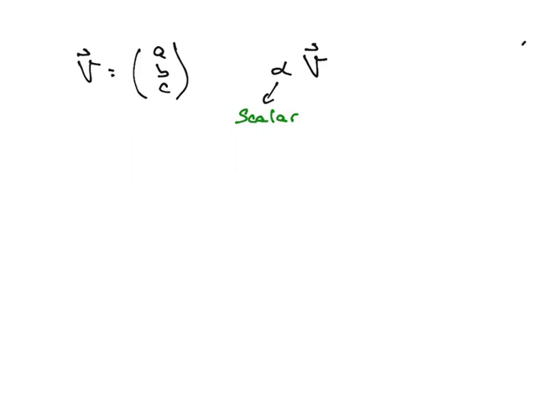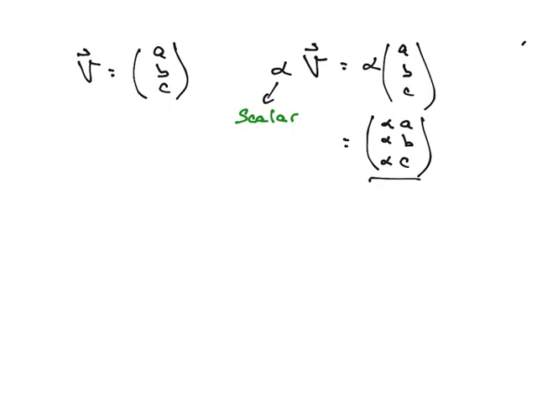How do we do it? Well, it's written alpha times a, b, c, like this. And to actually get the answer, it's the same as writing the vector alpha times a, alpha times b, and alpha times c. Each element gets multiplied by this scalar. Okay, so you don't just multiply one of the elements, you multiply every single element by this number. Okay, now obviously this is not as pretty, so what we usually do when we do linear algebra is, when we have something like this where each element is a multiple of something,